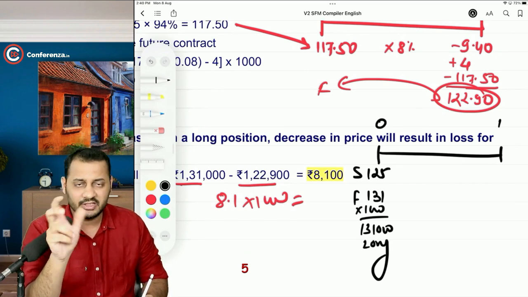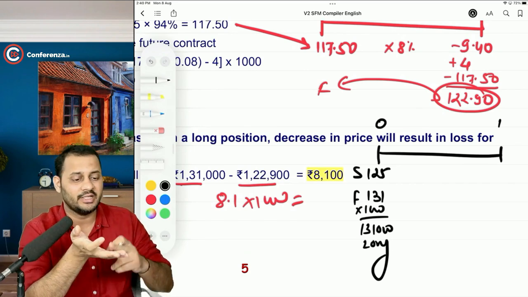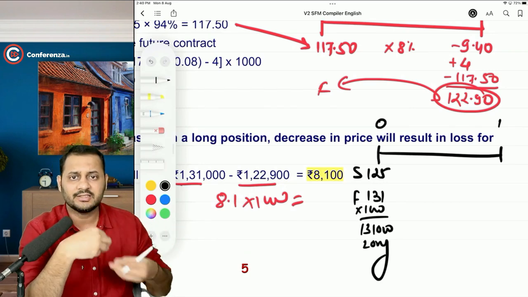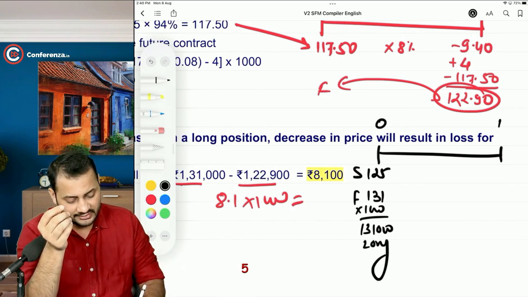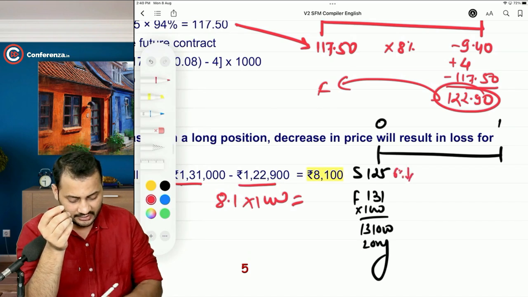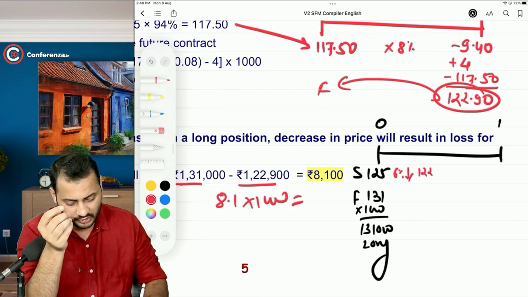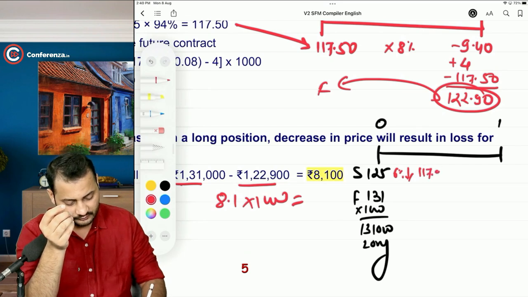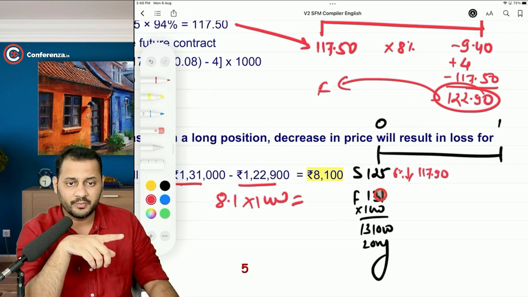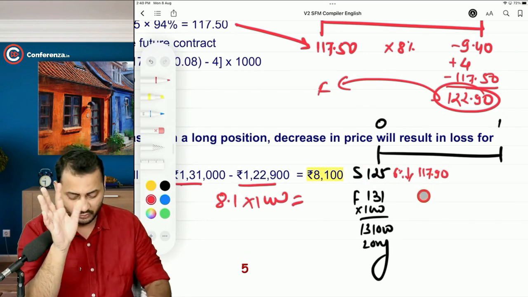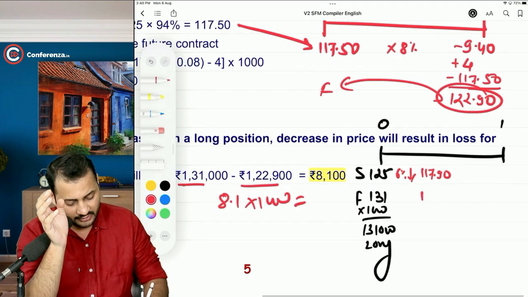And that immediately is not given in the question, whether it is 1 minute, 10 minutes, an hour, 1 day, 2 day, how much. So let's take it as immediately. The price decreased by 6%, resulting into the new price of 117.5. Since the forward price is dependent on the spot price, if the spot price is decreasing, forward price will also decrease, which came down to 117.50